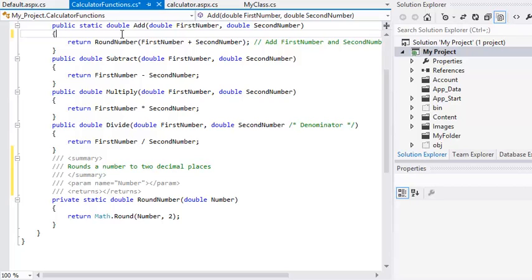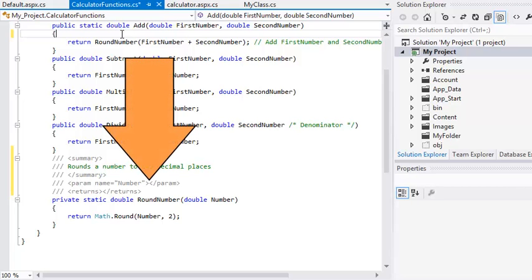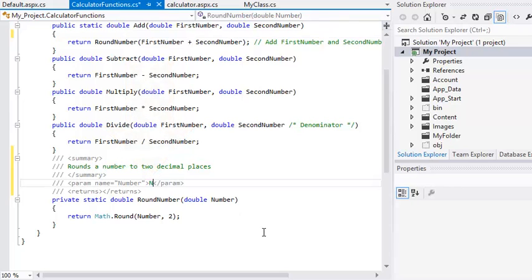and next you're going to add a description for the number argument of the round number method. Click inside the param tags and type number to be rounded. You're not going to populate the returns tag in this lesson, but you've probably guessed that it is used to describe the value that the method returns. The returns description isn't visible in the IntelliSense menu, so it would only be visible to someone looking at the